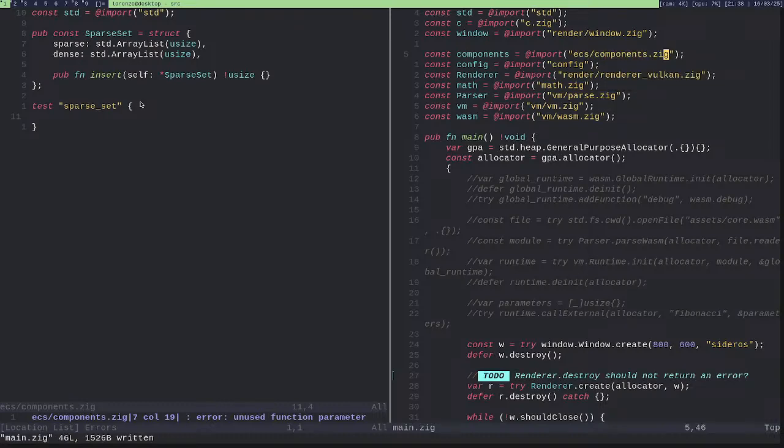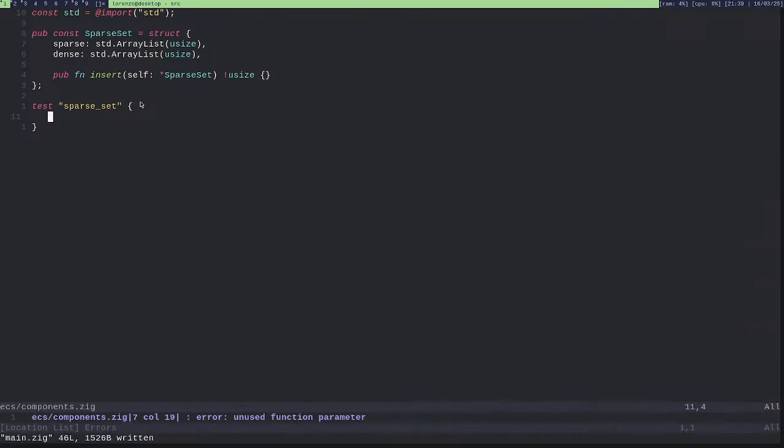Okay. And then here I will try to call this sparse set. So I will create a new sparse, which is a sparse set init.